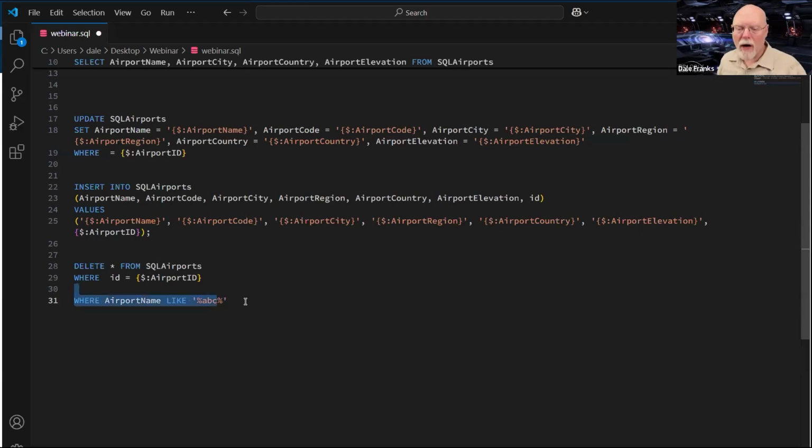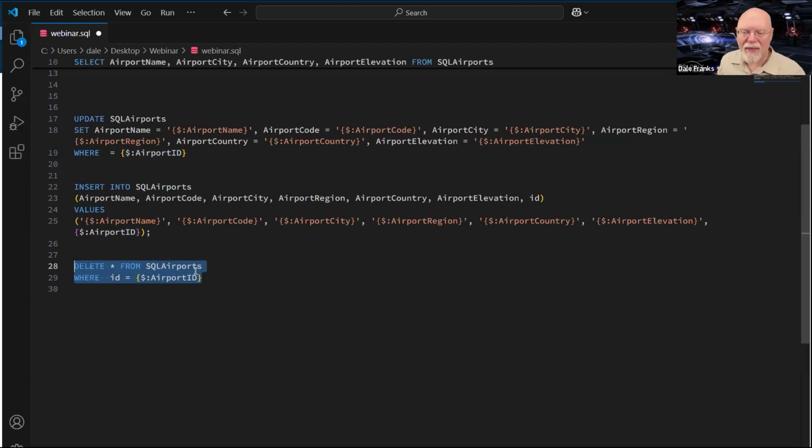So we have to be real careful with our delete statement. Now, in our case, it's going to be pretty simple. We just want to delete from SQL airports where the ID equals whatever value happens to be in the airport ID field. So I don't even really need any of the other fields in my form to make this work.